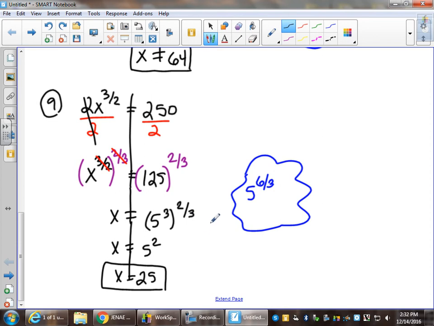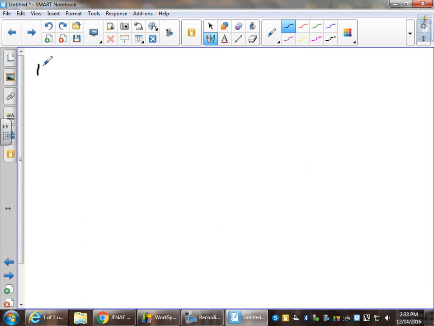Number 10. Says -4 equals square root of 2x minus x. Now, this is a little different. We haven't really looked at one like this. I mean, trying to rewrite this as 2x to the 1/2 still doesn't really help me out because I have this minus x in the mix now. So our strategy will be